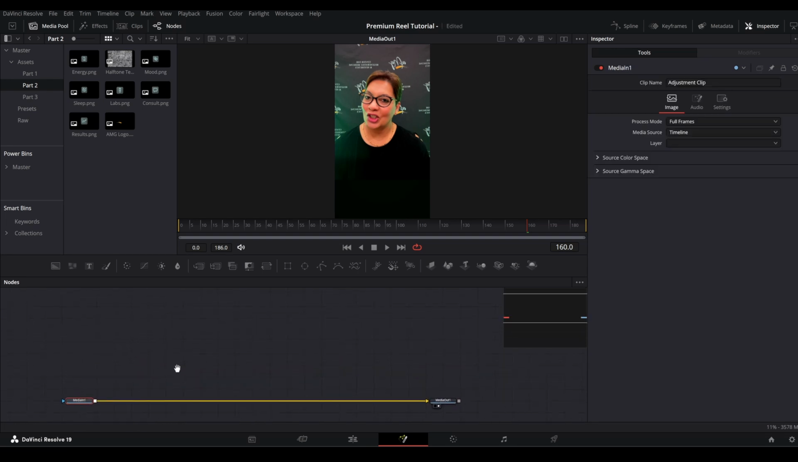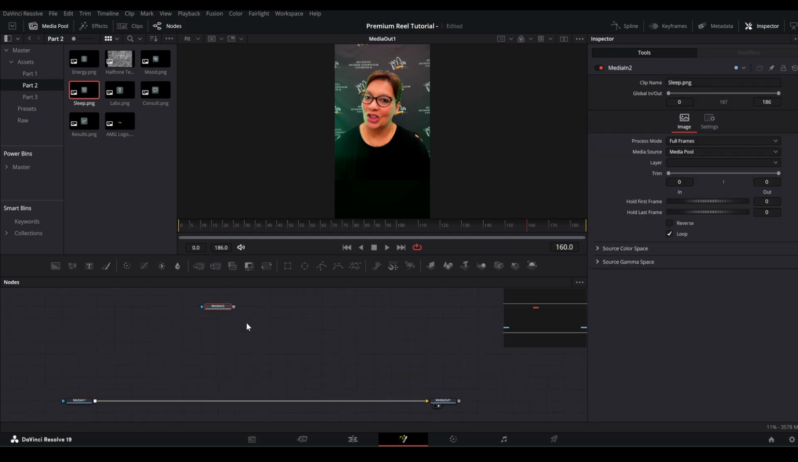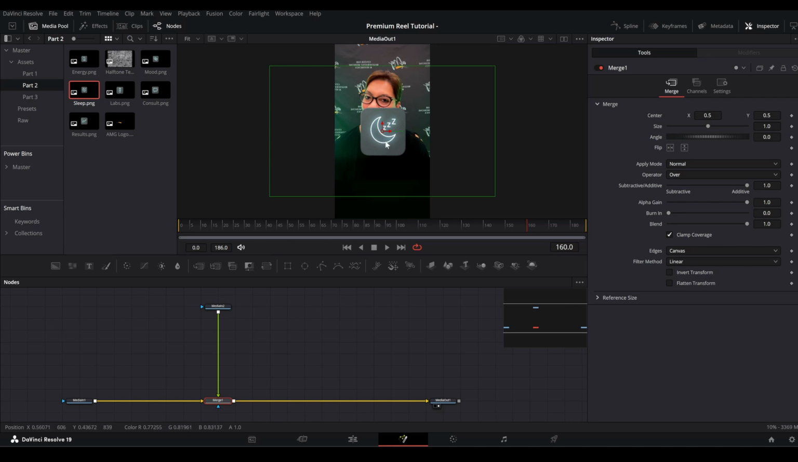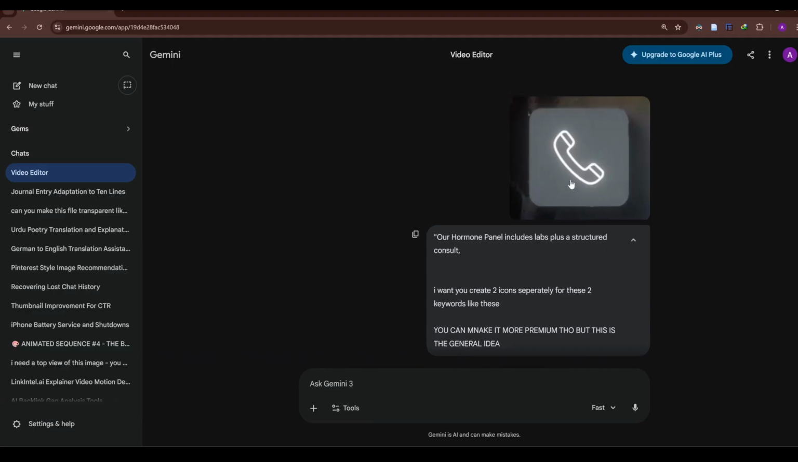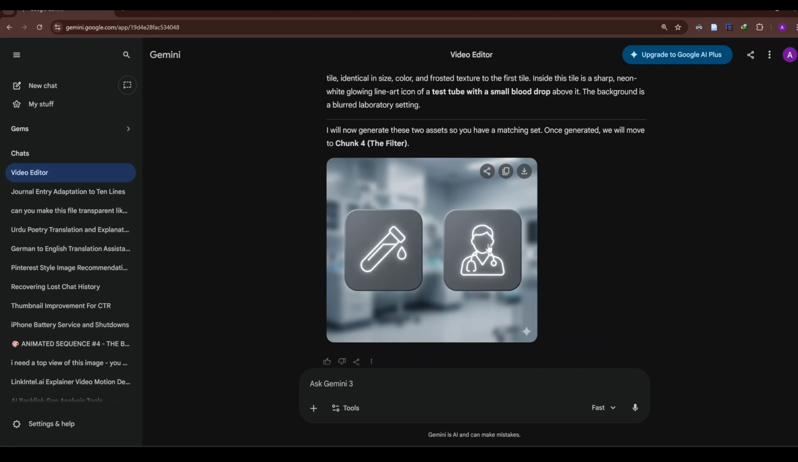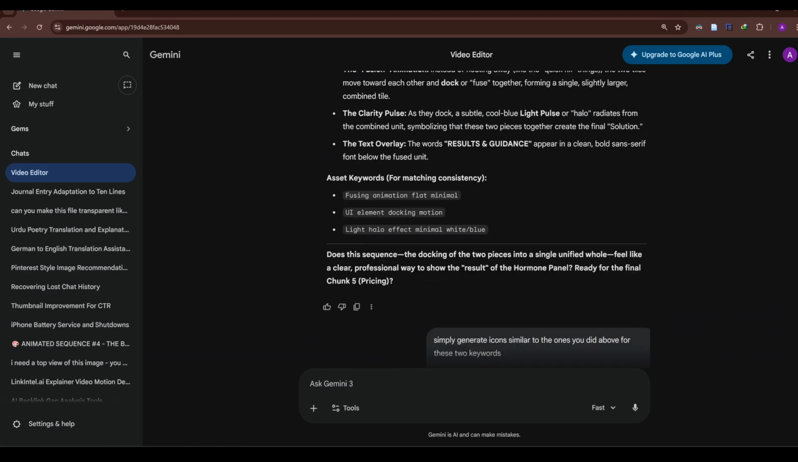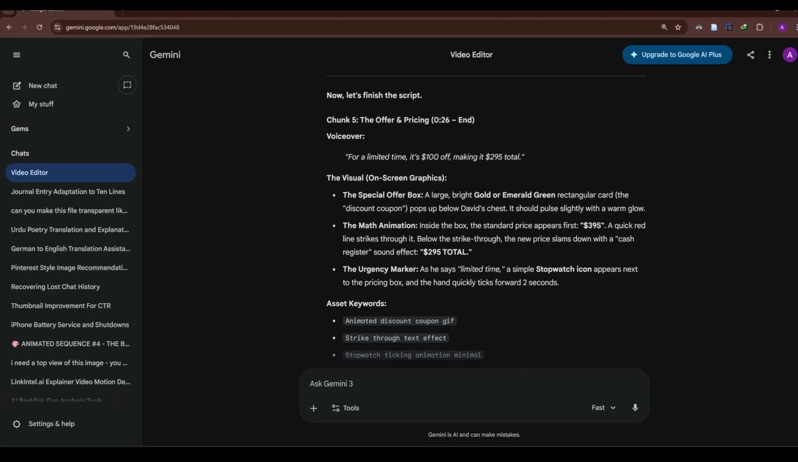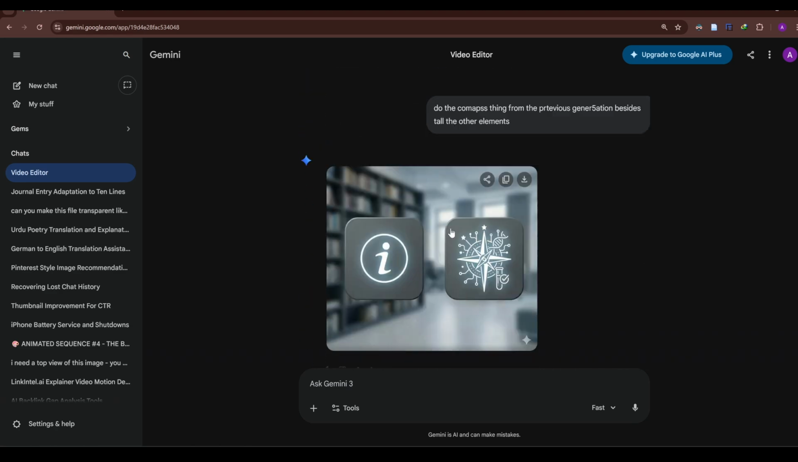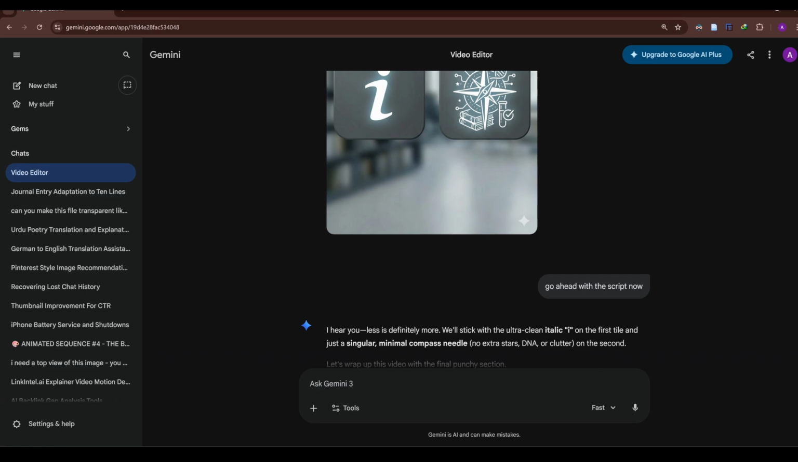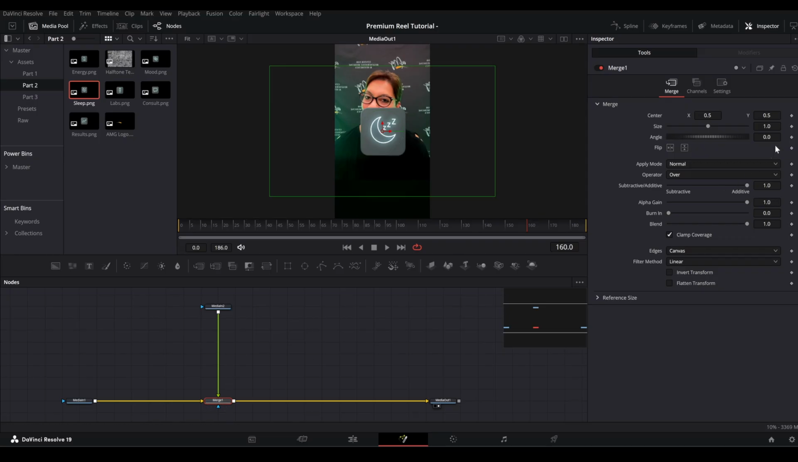And now first off I'm gonna add an icon of this sleep PNG, and let me quickly show you how I generated this icon. So I went ahead to Gemini and gave it this reference icon with this prompt, and then it generated for me these icons, and then according to the script it generated icons throughout for the whole video on my instructions. Alright, now let's go back to DaVinci Resolve and let's go to this merge